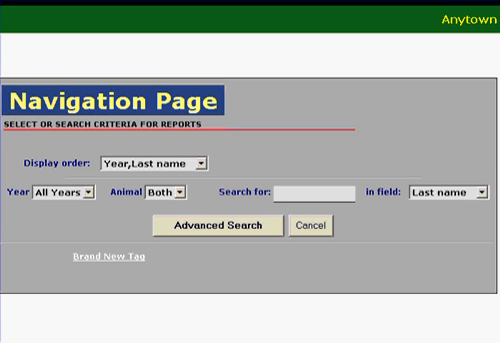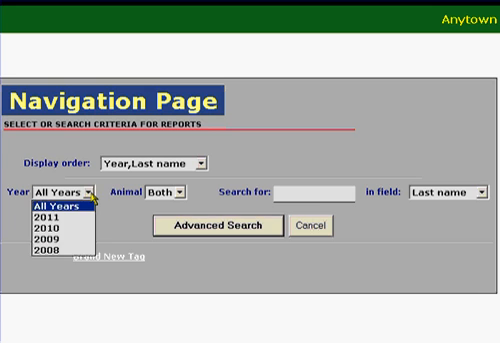The navigation page is fairly easy to maneuver through. There's only a couple things to do on here. One is search for a name, search for an owner by first name or last name, or by tag number, and you can search in any number of years, as well as by category of dog or cat. Now, if you're new to the system, you'll simply click on the brand new tag link